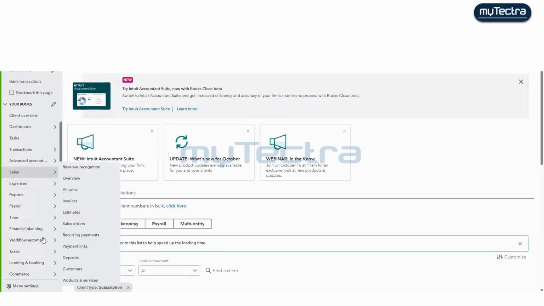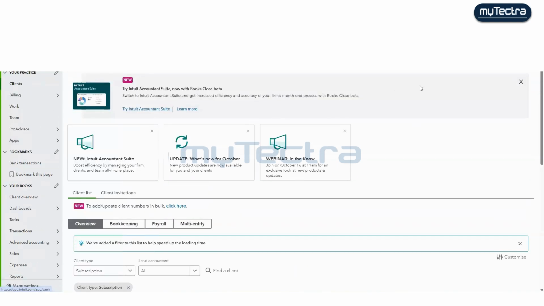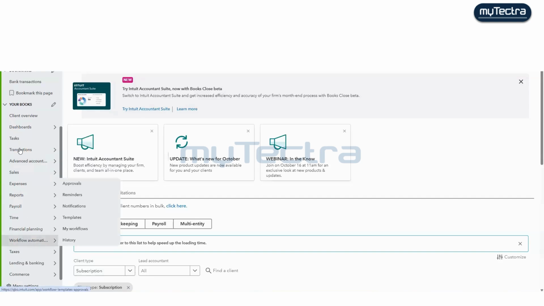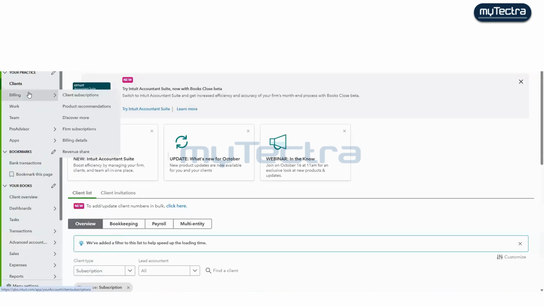So now, these are the options. Today you can sign up on QuickBooks and create an account. We will go through these options one by one as per our requirement, under billing, under teams, and the pro version.